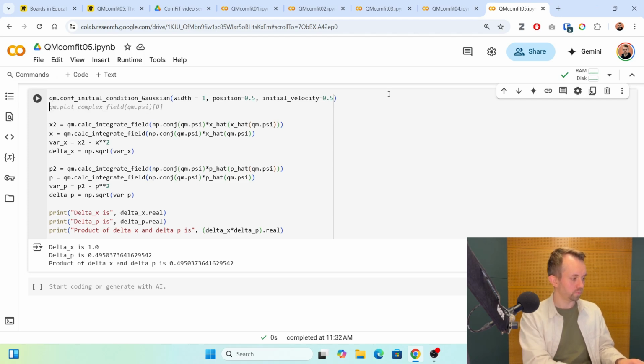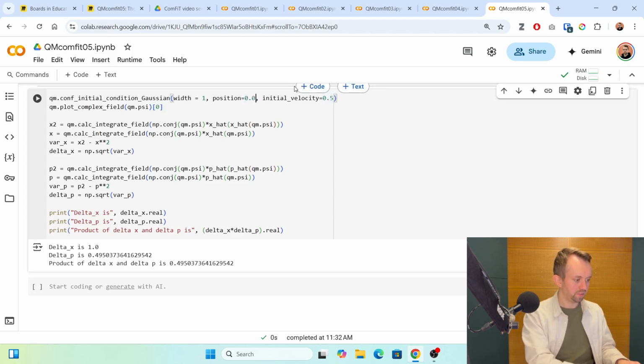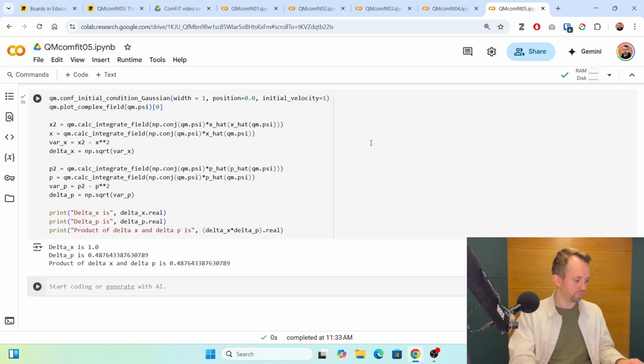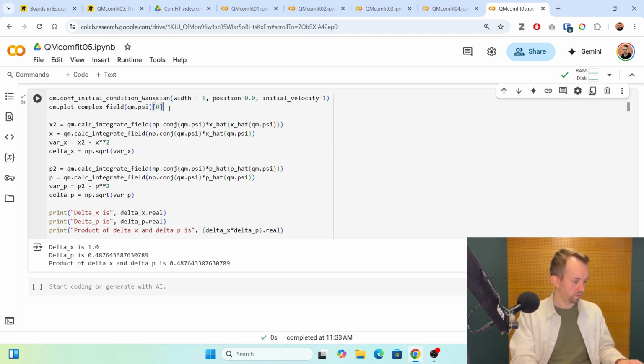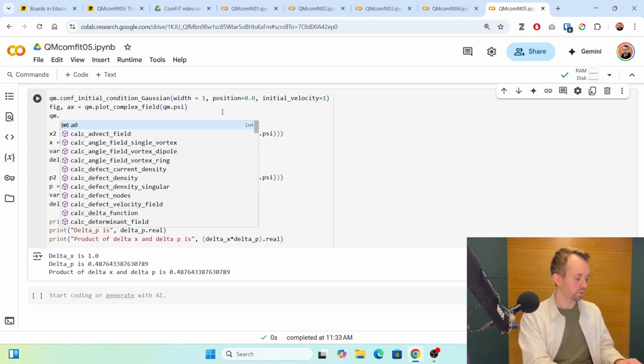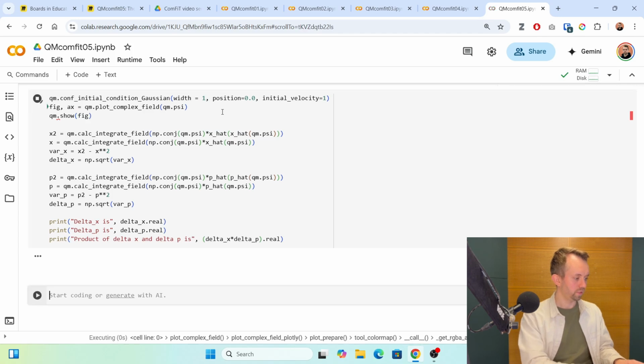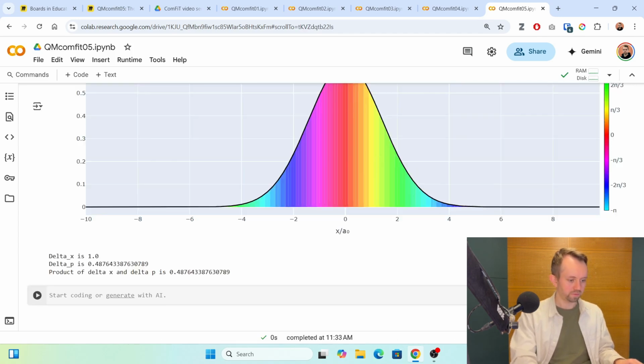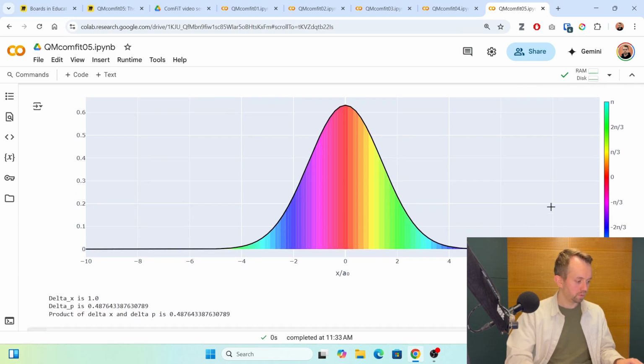And to get a sense of what that means, I'm going to be plotting this function here. So let's start with this. Let's place that in the center, and then let's give it a width of 1 and an initial velocity of 1. I think I need to do fig x is equal to this, and then I'm going to do qm.show(fig). Okay. So we're starting with this wave function here,